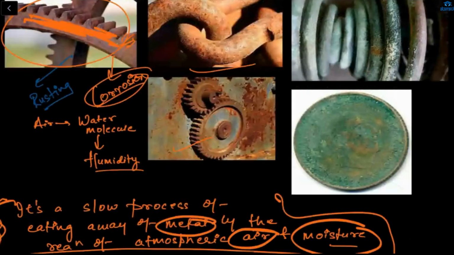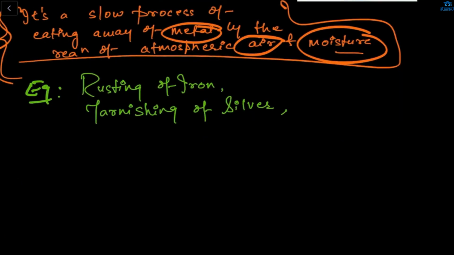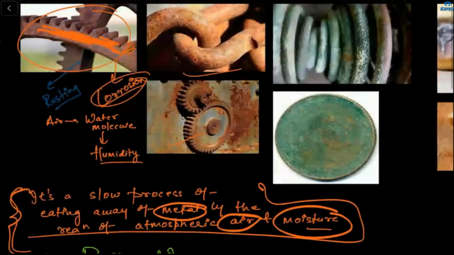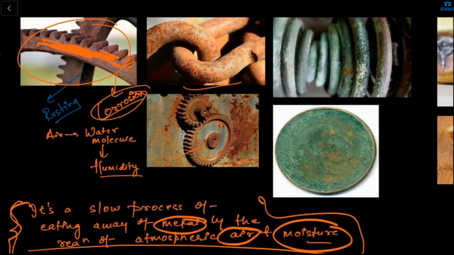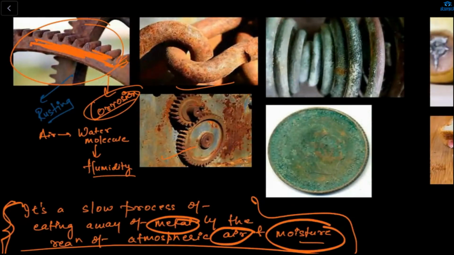See, this is my metal. This is my iron. Hello, Shazan. Yes, ma'am. This is okay. And one more, formation of green coating over copper, etc. Okay. So, Shazan, you will be here only. It's 10th, no? Ma'am, I'm in both class 9 and 10. Oh, okay. So, I'm teaching about corrosion and rancidity. This is the corrosion. What is corrosion, Shazan? Any idea? Ma'am, I literally have no idea.